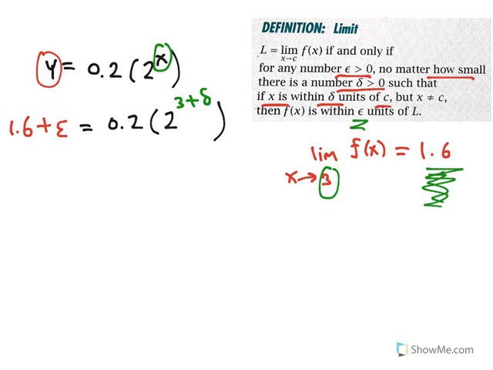So you can make the output values as close as you'd like to 1.6 by making the input values close enough to 3. So you just need to solve for delta in terms of epsilon here,